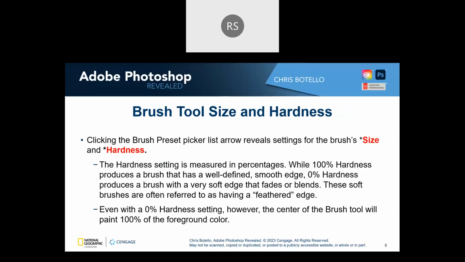Now the brush size, you can adjust the brush sizes and the hardness. So the hardness is measured in percentages. 100% hardness is going to produce a brush with a well-defined smooth edge. 0 produces a brush with a very soft edge that's going to fade or blend. So these soft brushes are often referred to as having a feathered edge. Now, even when you have a 0 hardness setting, though, the center of the brush tool is still painting 100%